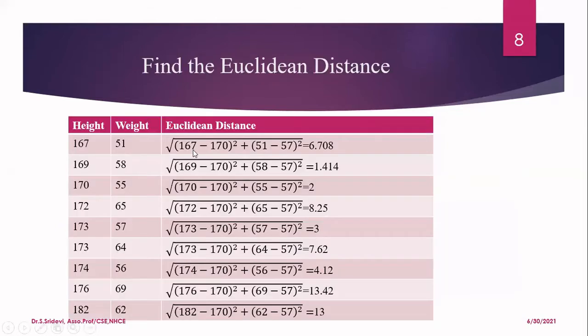Now let us see how to find the distance. We are going to find the distance using the Euclidean formula. You know that the distance is nothing but the square root of (x1 minus x2) the whole square plus (y1 minus y2) the whole square. Here x1 and y1, x2 and y2 are nothing but my testing sample. Apply that and calculate the distance between the test point and training instance 1. Here it is 6.708. Similarly, calculate the distance between the second example and the test instance. The test instance is the same in all these calculations. I am going to calculate the distance of the test instance from each of these training examples. Then list all the values.